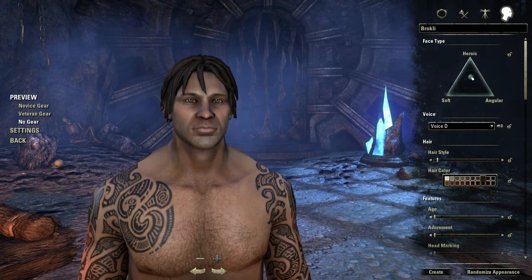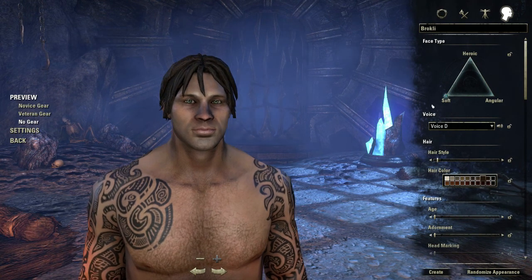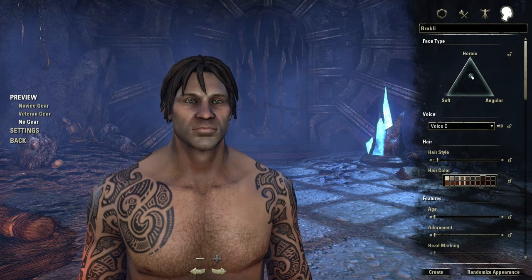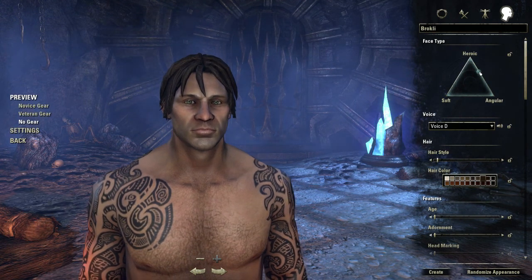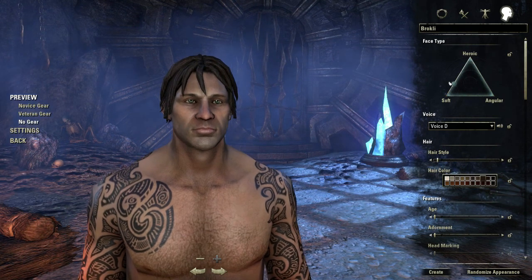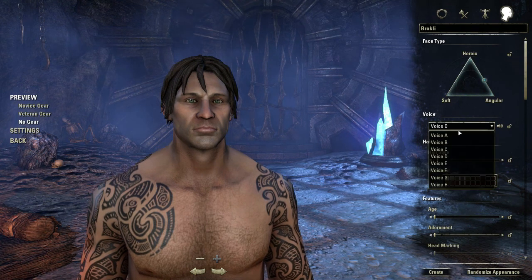So we can go face type heroic. It's kind of similar to the body type, but this is for the face. So it's a good way to get some starting point for how you want your character to actually look. Probably gonna go for something like that. You can choose